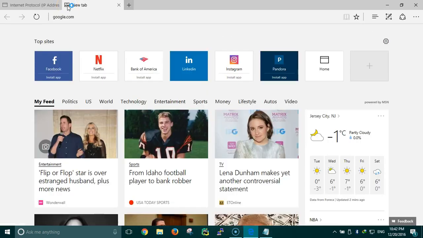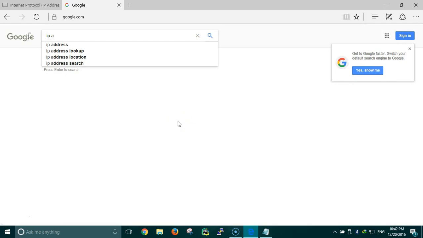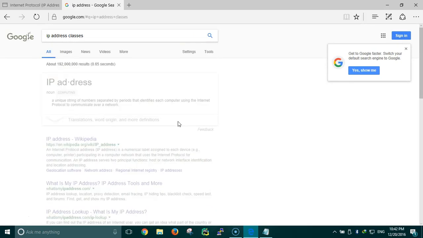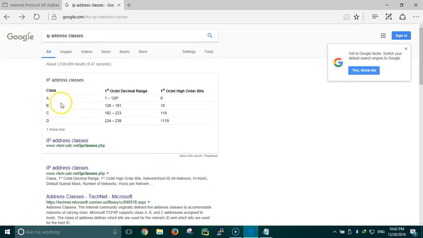So if I Google and search for IP address classes, you can see the values of these classes. D class is reserved for multicast, 224 to 239, and 240 to 255 is reserved for future purposes.